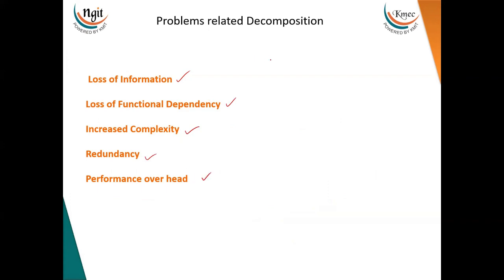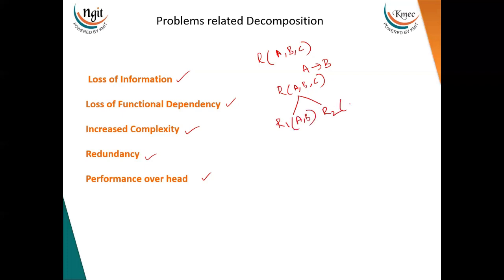Let me take an example to make you understand what loss of information is. I'm going to consider a relation, say R, with a set of attributes A, B, and C. And there is also a functional dependency which exists between A and B. Now, if R is broken down into two relations, say R1 and R2, consider that R1 holds attributes A, B, and R2 has attributes B and C. Now, if the original relation can be perfectly reconstructed using a natural join between R1 as well as R2,